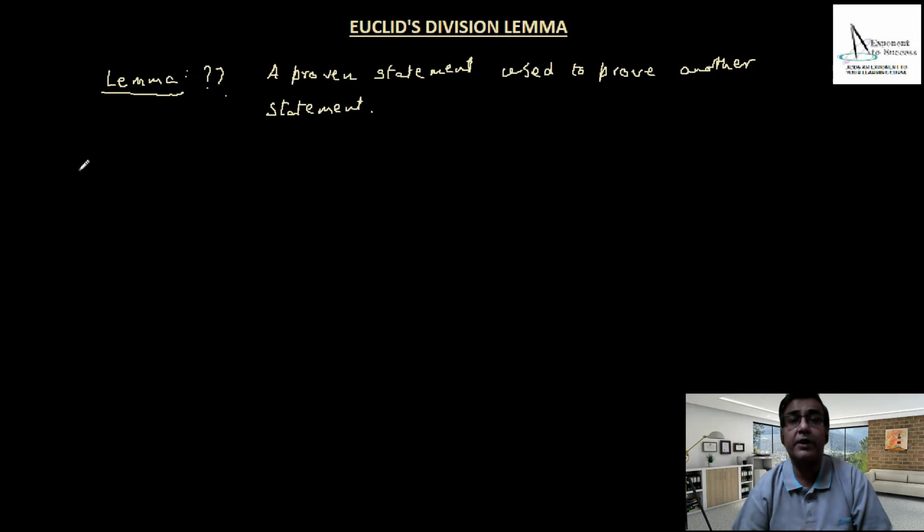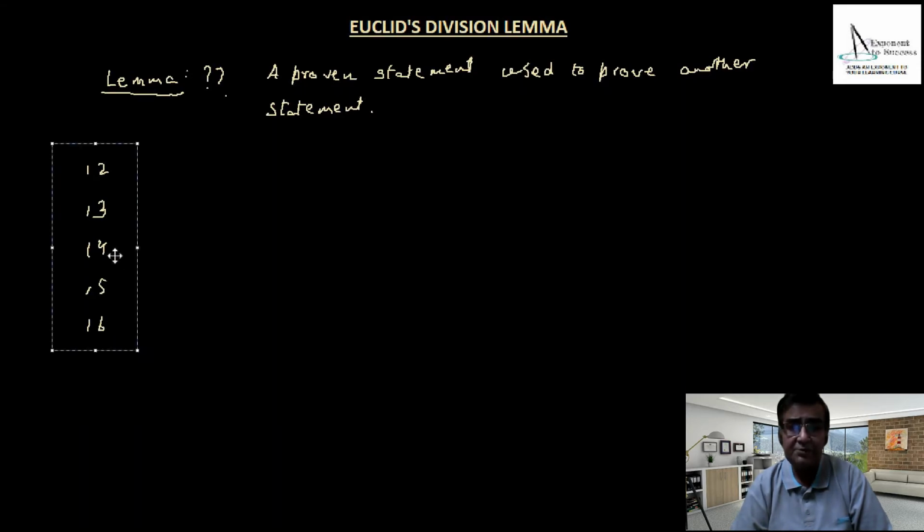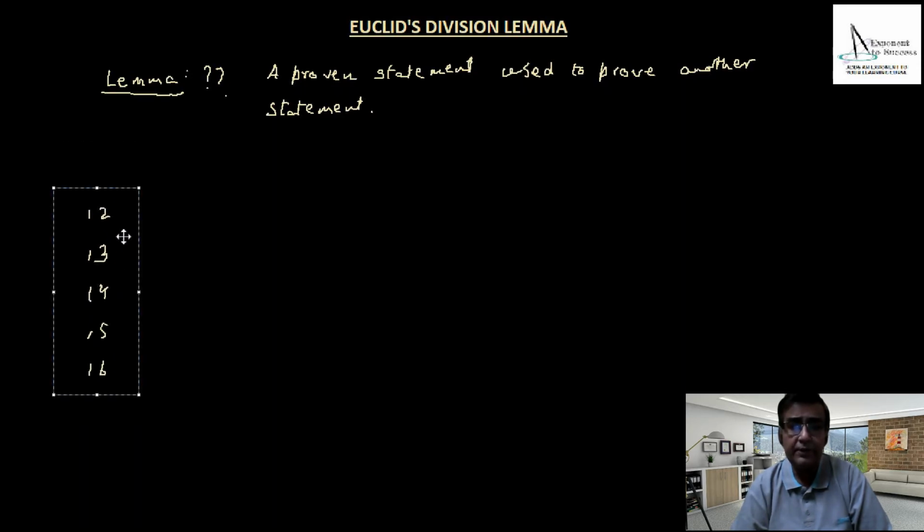So we'll first look at some common examples using numbers and then convert it into a general form. So for that purpose, let me take the numbers 12, 13, 14, 15 and 16. Well, let me leave some space for myself at the top, so let me bring it a little down. And now let's see what happens when we divide these numbers by 2. So we are looking at division by 2.